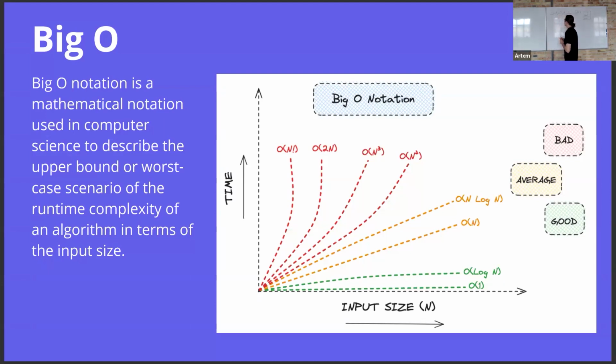Okay, but if I'm trying to find element 2, I need only one operation to find it. But it's like the average. On average, we'll have to make all n iterations. Yeah, n iterations. But not on average, in the worst scenario. Yeah, so O notation shows us the worst scenario, and the worst scenario for linear search in an array is when